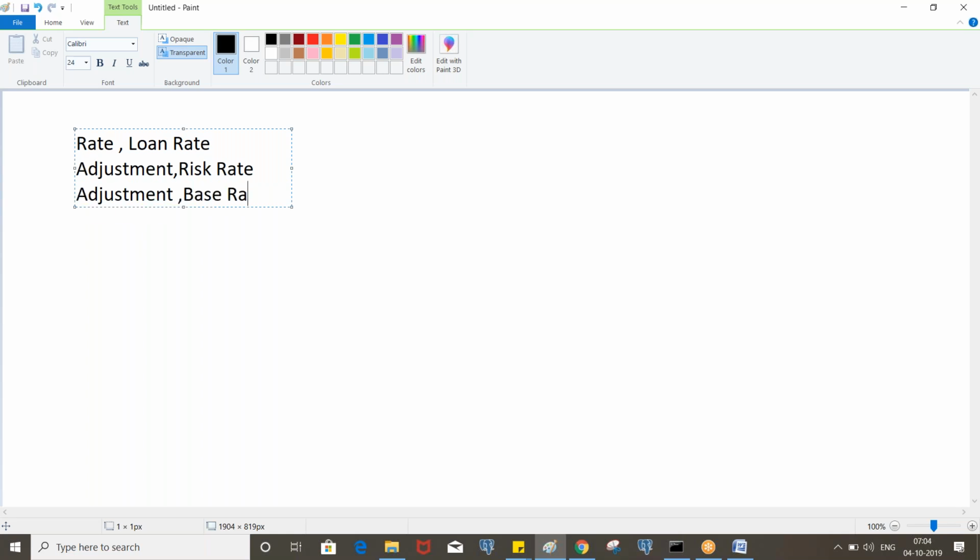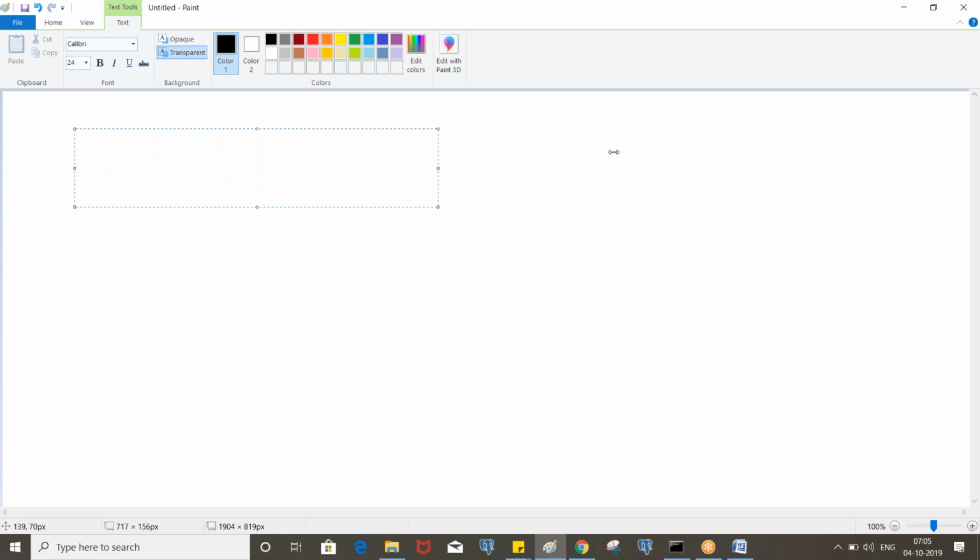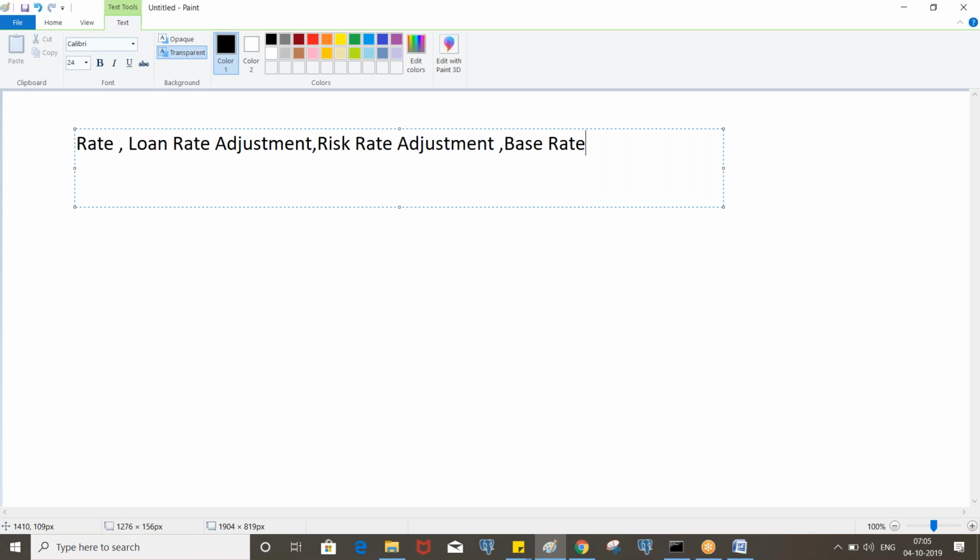While case processing, we need to calculate the interest rate. The interest rate is the sum of all these three things. So rate is equal to loan rate adjustment plus risk rate adjustment plus base rate.